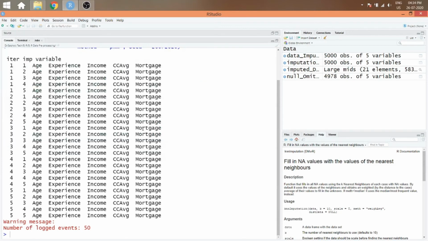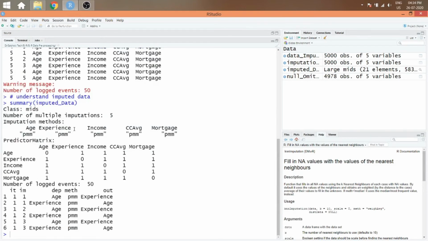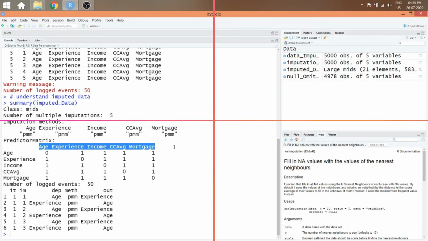As we can observe from the console, there are 25 combinations created for imputation, that is 5 into 5: 5 iterations and 5 datasets to be created. From the summary, we can observe the imputation technique, that is PMM, utilized for all the variables of the dataset, and the predictor matrix from the number of datasets created.